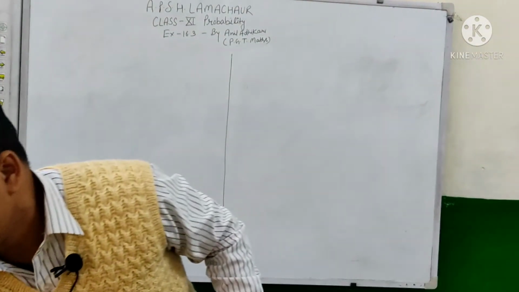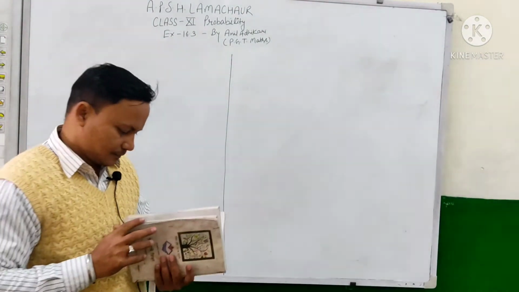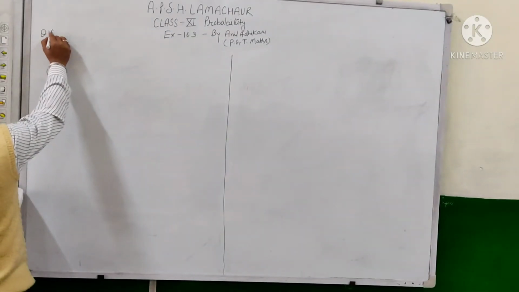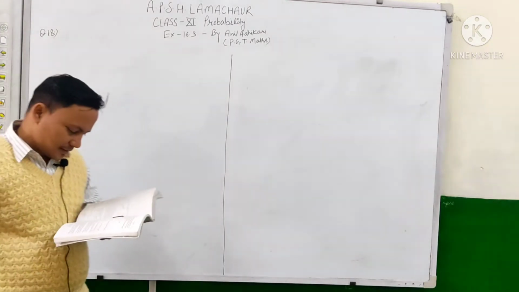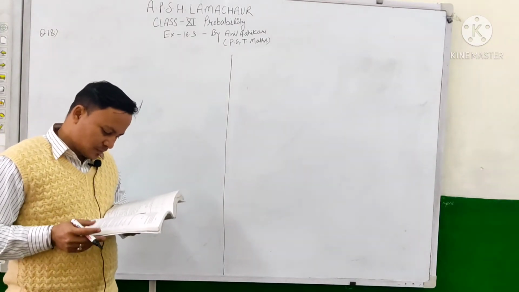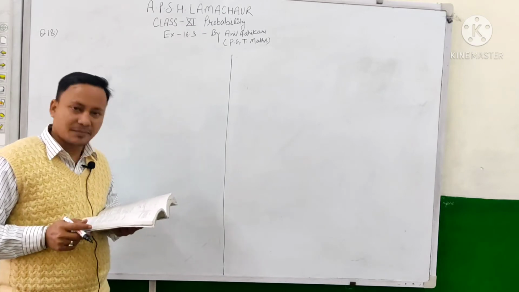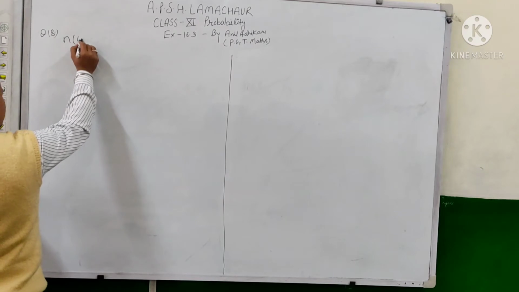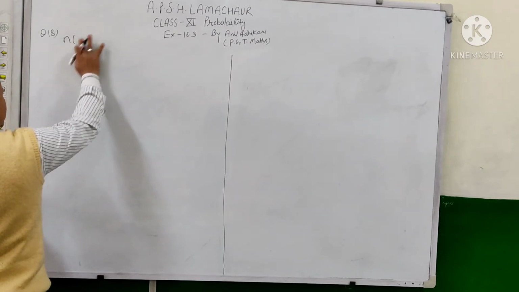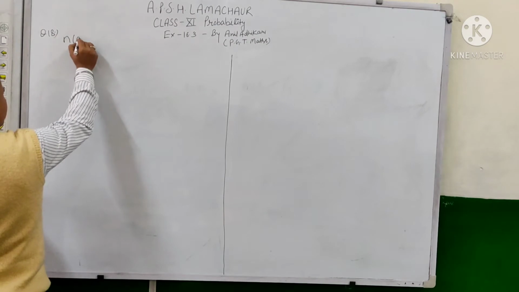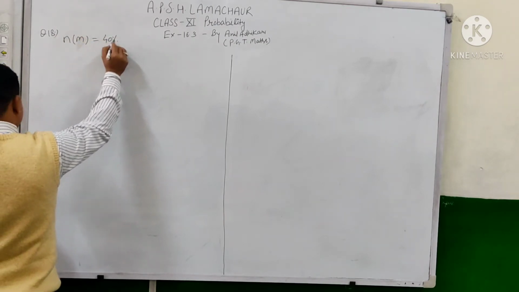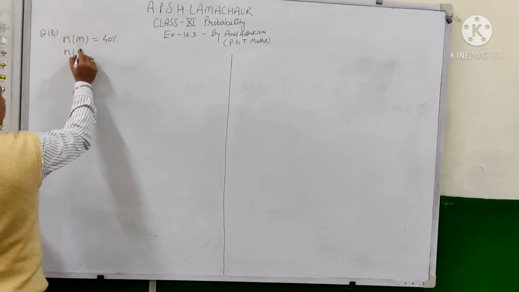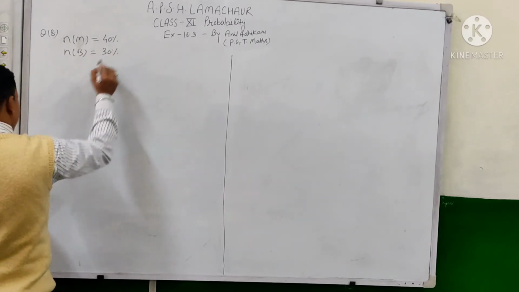Okay, next question. Next question, question number 18. In class 11th of a school, 40% of students study mathematics. It means the number of students who are reading mathematics is 40%. Okay, study mathematics, 30% study biology,